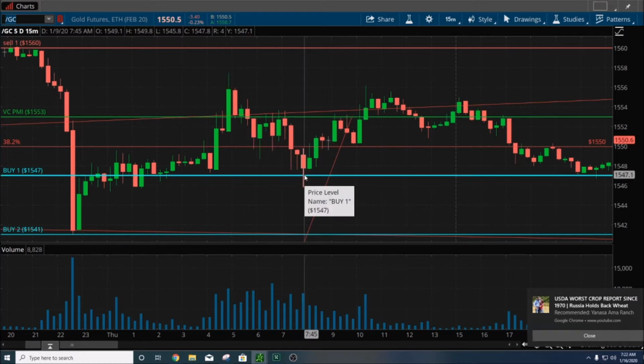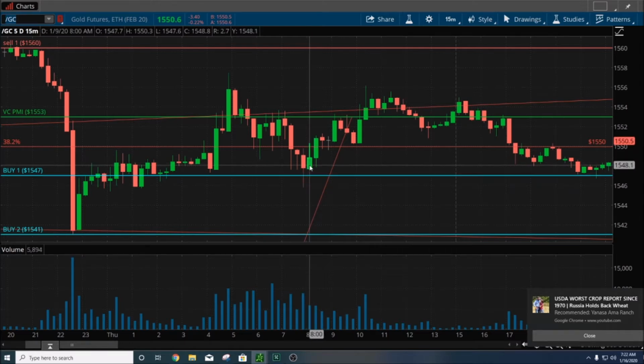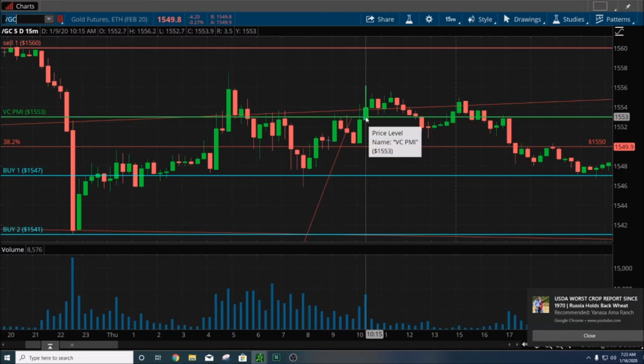standard deviation. And that is when the price comes down again to the buy one level like it did here on the 9th at 7:45 a.m. And it activated a buy signal by closing above it at 1548.80 and meeting the target again of 1553. So that's another approximately $4 or $5 profit